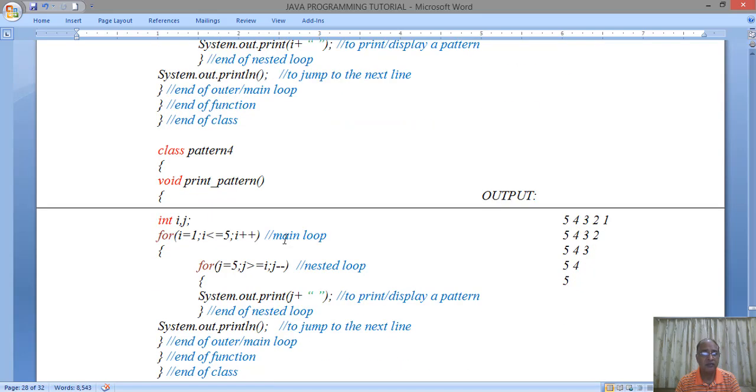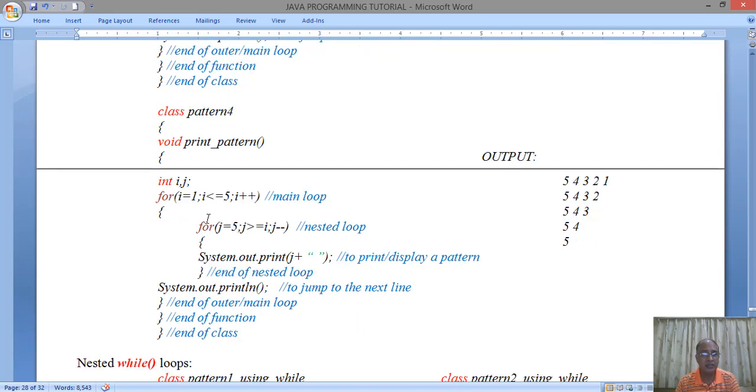In pattern number 4 we have made slight changes. Instead of i, we have j in the descending order and i in the ascending order, and we print j. So again we will get 5, 4, 3, 2, 1, 5, 4, 3, 2, 5, 4, 3, 5, 4 and 5. This is how we go about the fourth pattern. With these 4 types of programs, I hope you have understood the analogy of the nested loops.